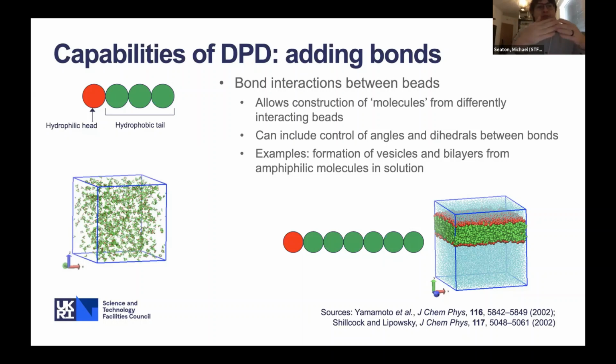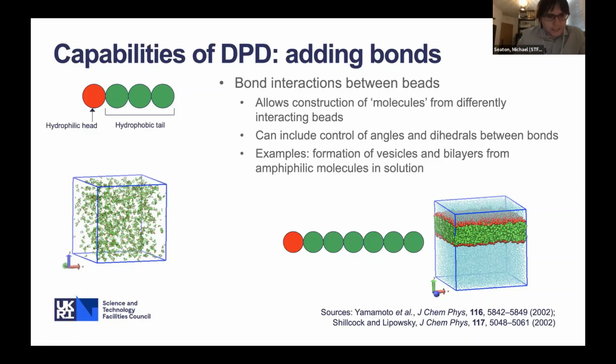We can also control bond angles and dihedrals. So I've got an example here on the left-hand side, of a 4-bead amphiphile of one hydrophilic head, one bead that likes to be around water, and a hydrophobic tail, the three beads here that want to stay away from water. And I can show you a simulation of a solution of those in water, where I'm not